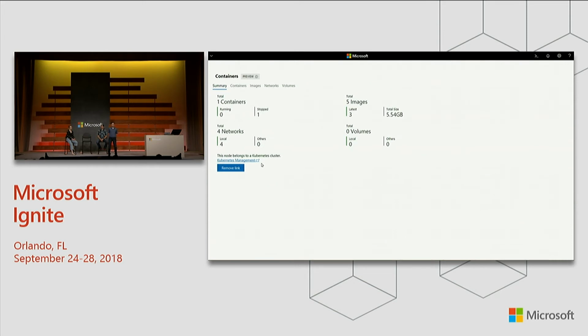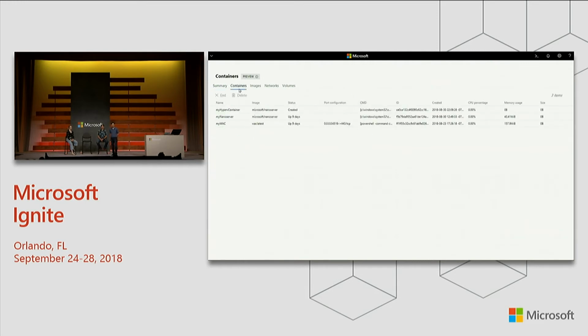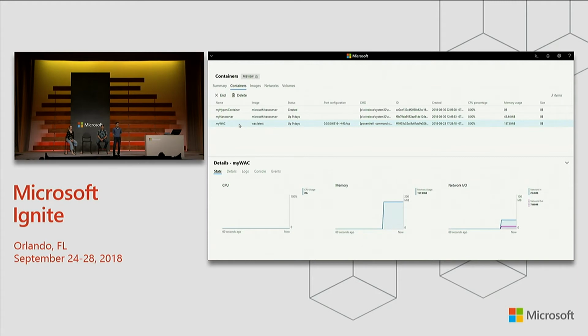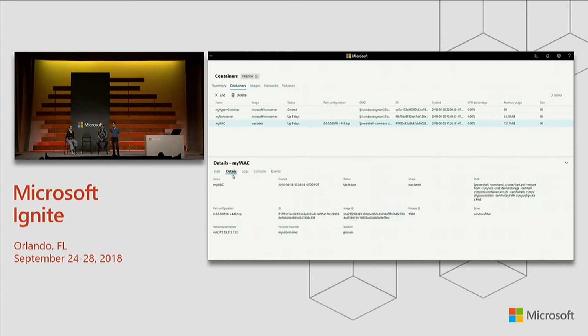This is not intended to perform full container lifecycle management or orchestration. In fact, we detect and let you launch out to the orchestrator's management experience. In this case, the Kubernetes link will launch the Kubernetes web UI. Rather, think of this like a process list, where each running container is a process in Docker that you can stop and see performance and resource utilization, all the details of the container,